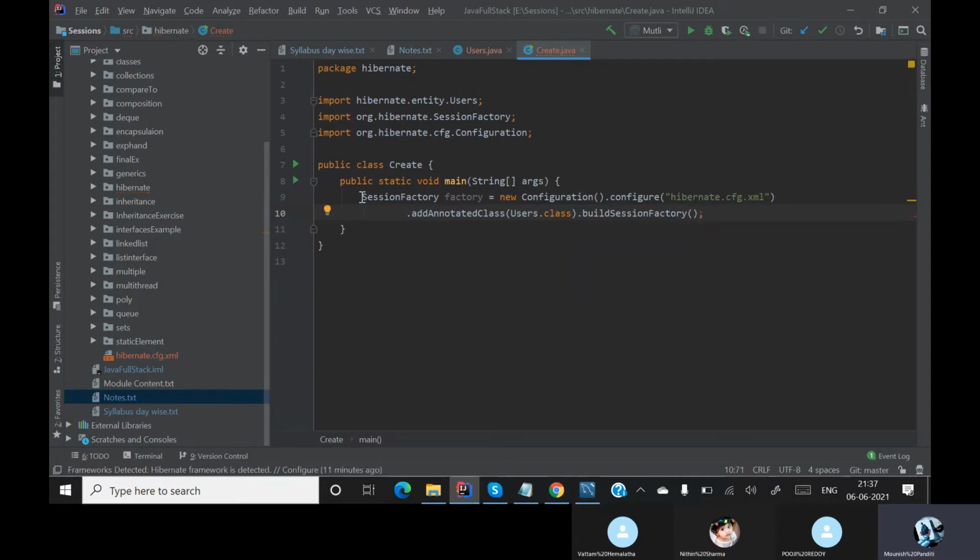This is a very important step. First you import your session factory, then you configure it with the help of the configure method from your XML file. After configuring Hibernate, you say from which class you must access its entities. After that, you build your session factory. Got it?